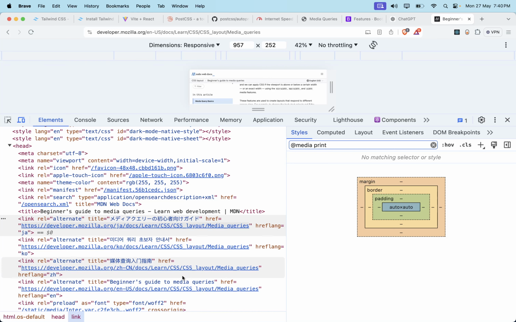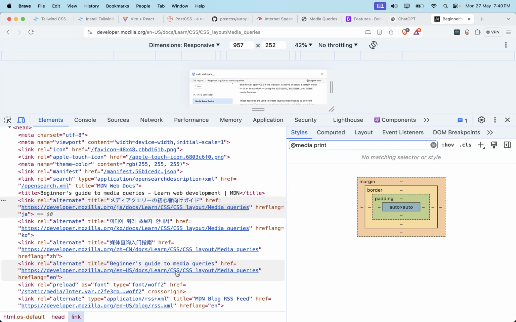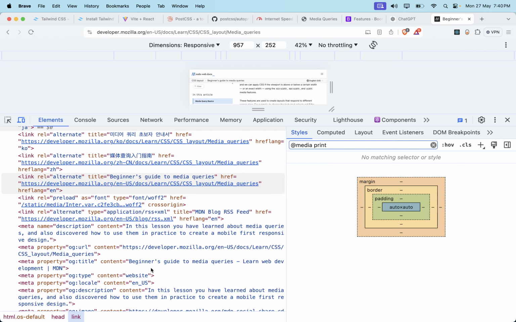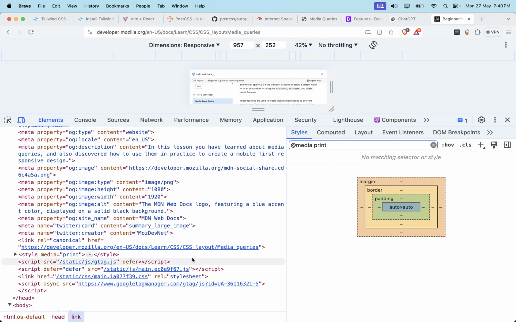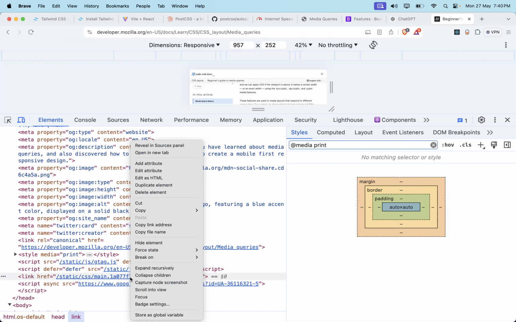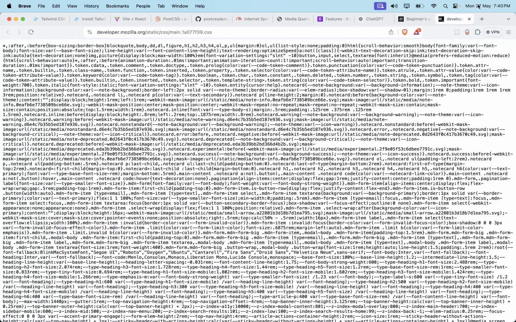This is Japanese media. Oh, this is the page, not the style. Link rel alternate. Okay. Alternate is used for the multilingual pages. Can you see this is the CSS we have? Open in the new tab